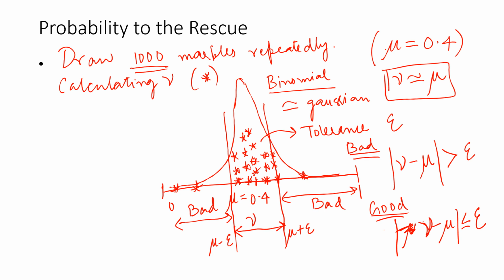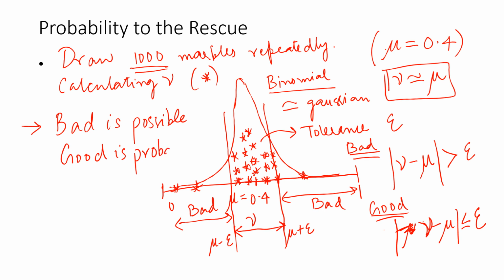Basically, this graph depicts, let me emphasize it, that bad is possible, as you can see, and that's what we said. I could have drawn a sample of all green marbles. That was a possibility, but good is probable. There is a higher probability of getting the good outcome, which is when nu minus mu is less than that tolerance level epsilon, which obviously I'm going to decide. But what we're getting at by looking at this experiment is that as the size of n grows, this was my n, the sample size,